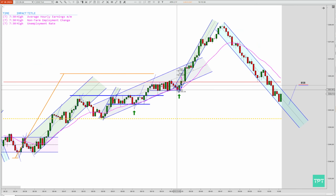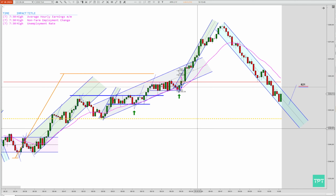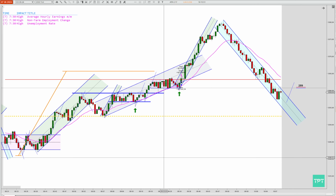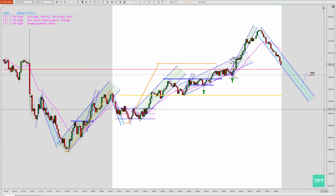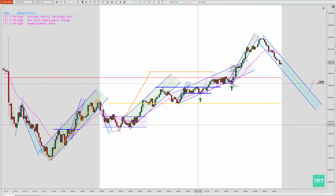I copied this trade on all my accounts, and you could see the profit of $312. You can multiply this with the amount of accounts that you have, and usually after one trade I'm done for the day. But I wanted to give you a quick recap of what I did, what I saw, why I